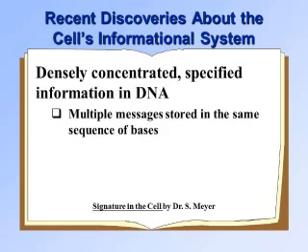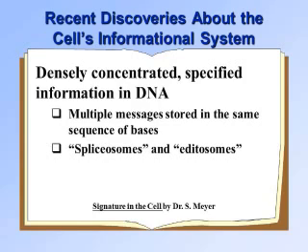Did we know any of that 10 years ago? No, we didn't. We called it junk. And it's those introns and those RNAs that do the snipping and the arranging it all around and that guide the process. Looks like a plan to me. Spliceosomes and editosomes, which make it happen. They are proteins. There are codes within codes.